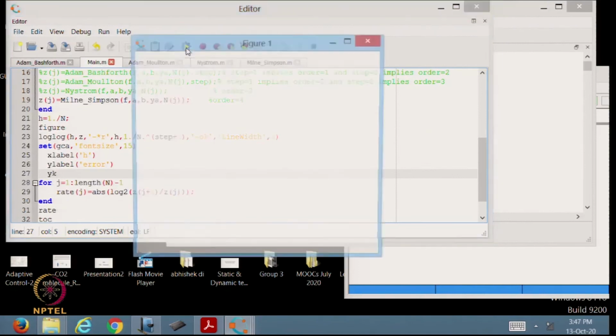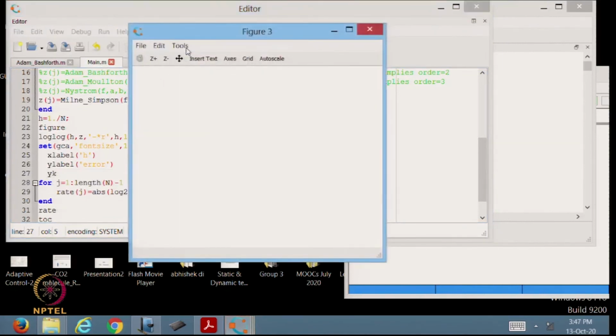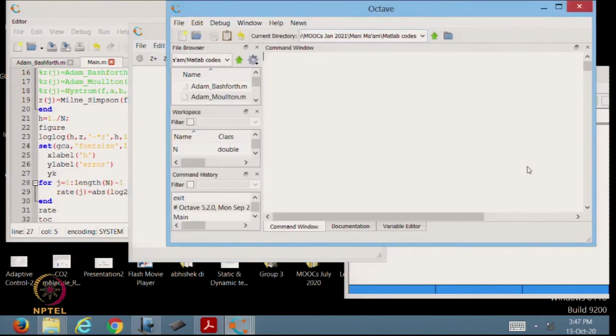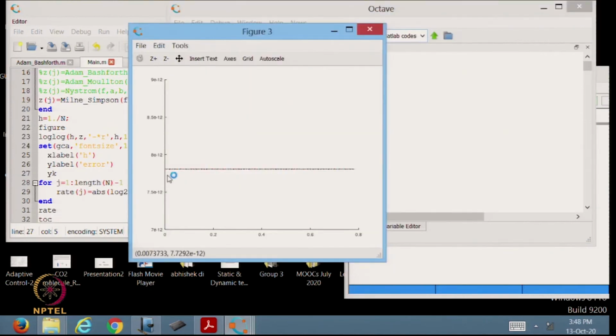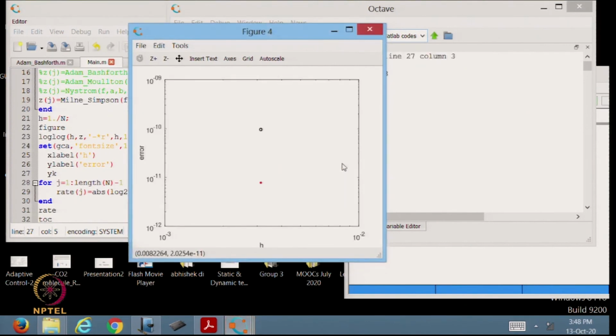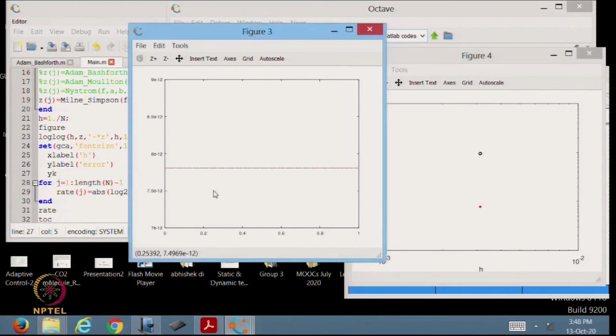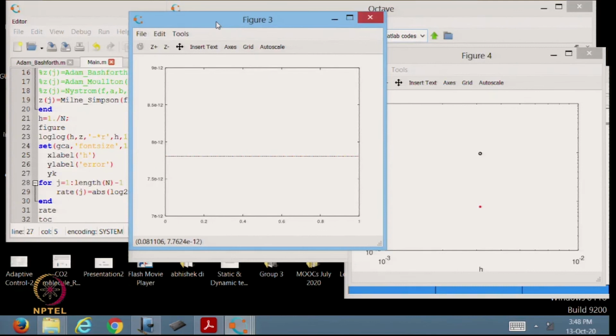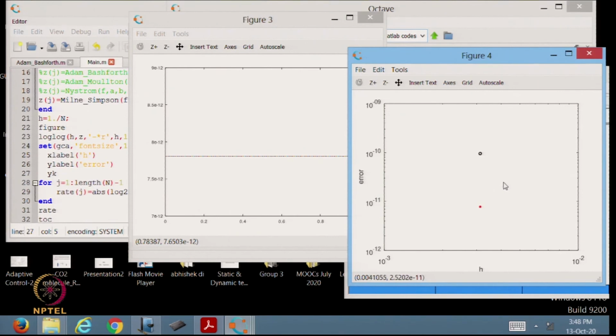So, let me run, so that you can see, okay, the magnitude of the error, which is roughly the same because the function is quite smooth. Okay. If you want to observe the behavior of the error with respect to 0 to 1, that also you can check by plotting the error, because here we are taking the norm of the error corresponding to one h.